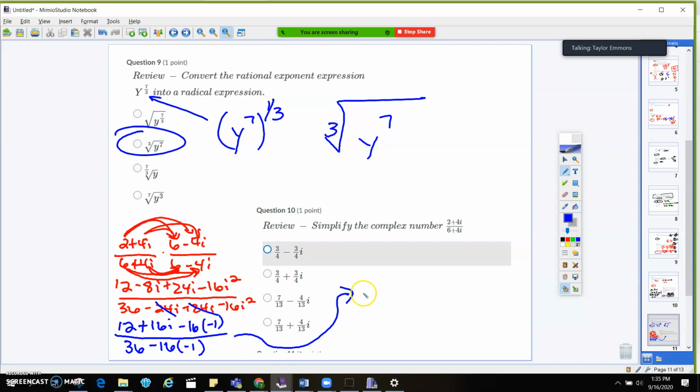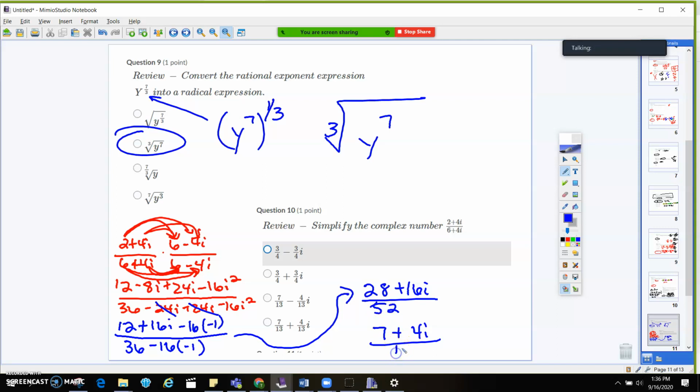And that's going to give me 12 plus 16, which is going to give me 28 plus 16i over 36 plus 16 is going to give us 52. Everything over here is divisible by 4. So I'm going to divide everything by 4. So that's going to give me 7 plus 4i